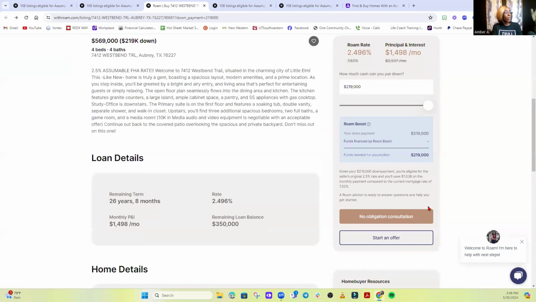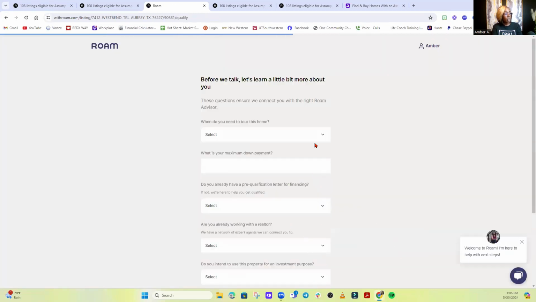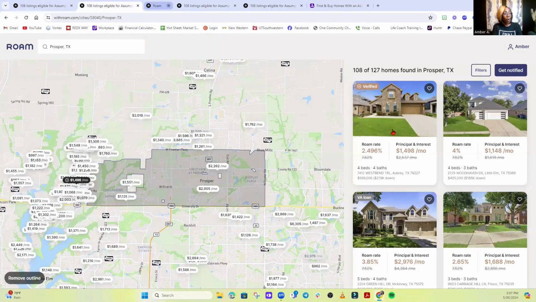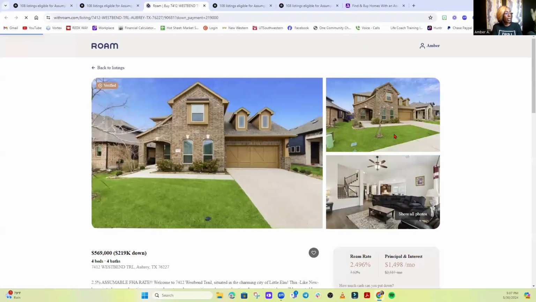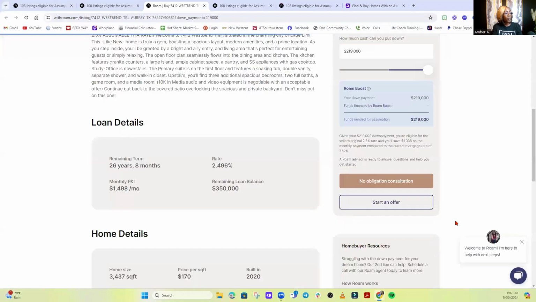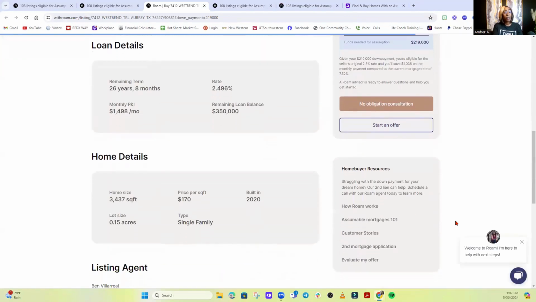Essentially, if you were to start over here, I'll walk you through those steps, and then a Roam advisor will contact you and give you more detail about how to go ahead and submit an offer on that home. Let me go back into here. The other thing you can do is, if you're contemplating what the difference is between purchasing this home by assuming the loan versus just getting a brand new loan,